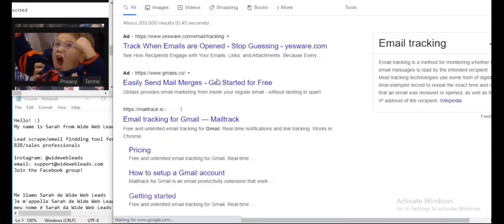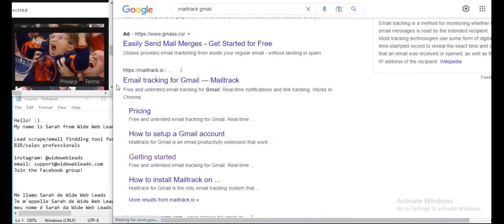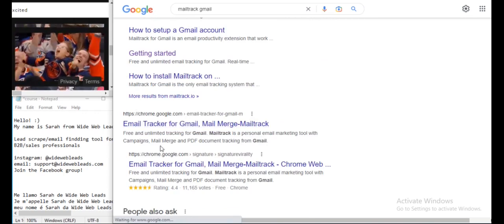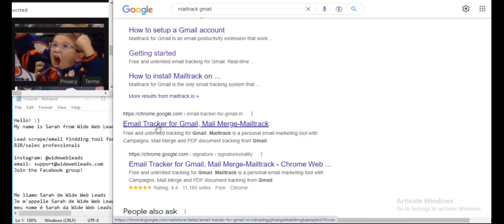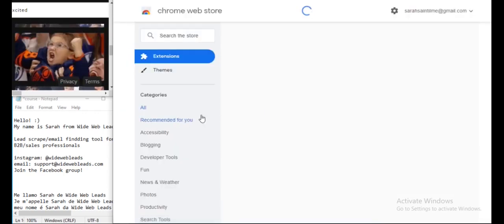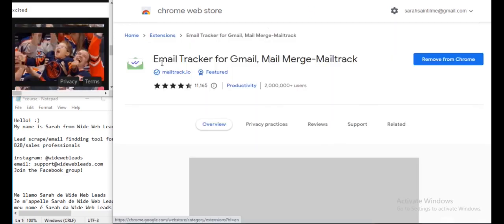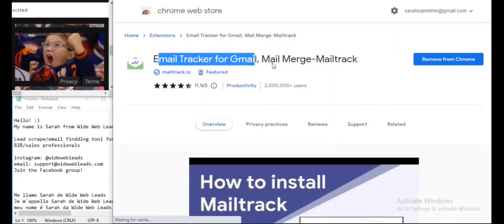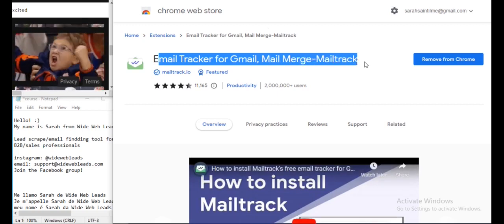Okay, Mailtrack Gmail, okay? So this is it here. You want to click the Chrome extension link, and that will bring you here. So, email tracker for Gmail, mail merge, Mailtrack.